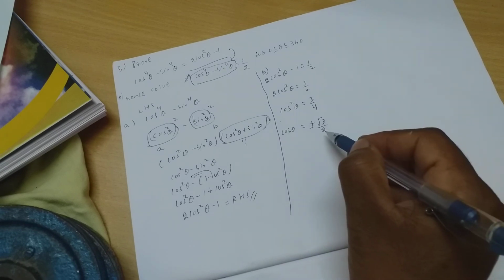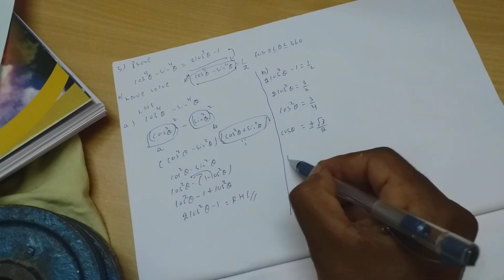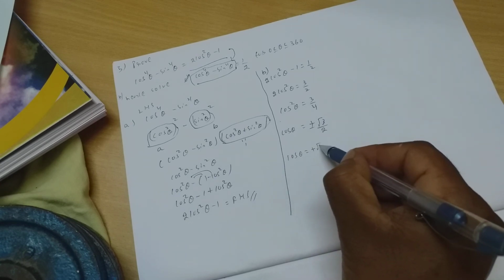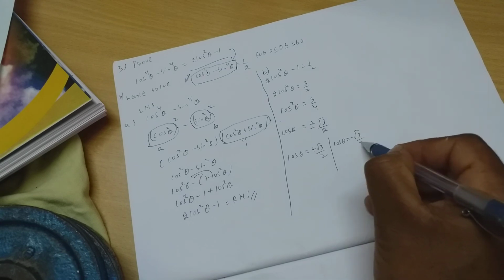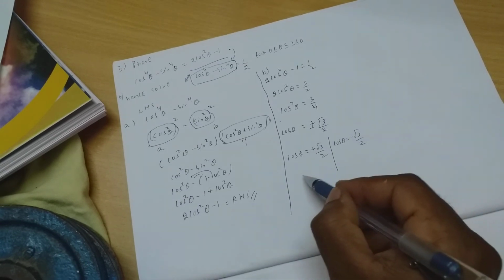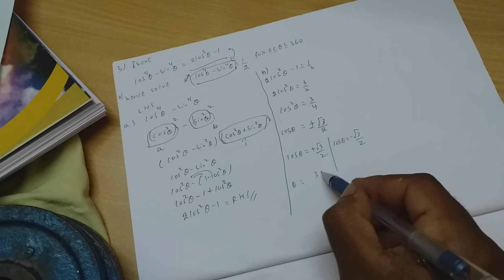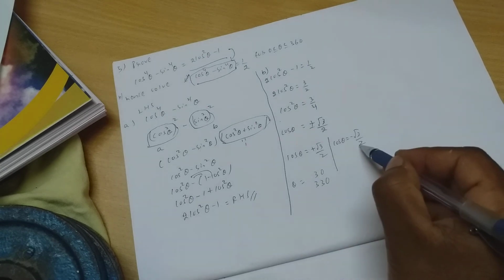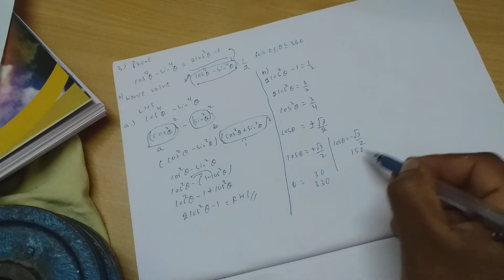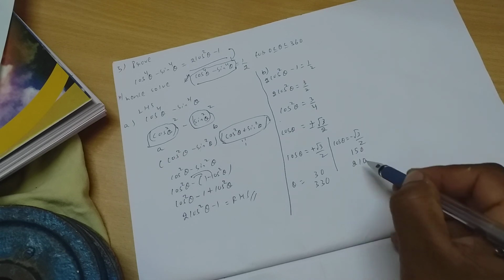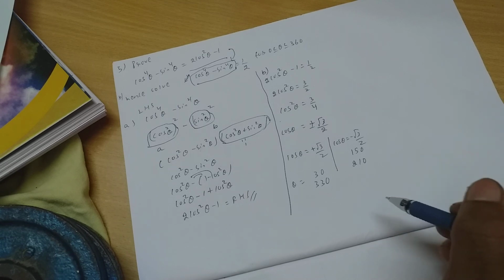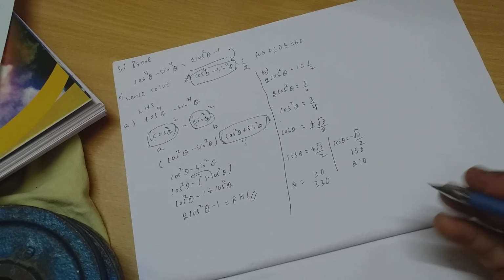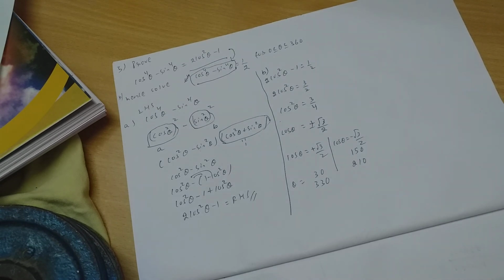You will lose a mark if you don't consider the negative sign as well. So now cos theta equal to plus root 3 by 2 or cos theta equal to minus root 3 by 2. Where all is it positive? First and fourth. So their angles are 30 and 330 and it's negative in second and third. 180 minus of this and 180 plus of this. So these are the four values of theta. Am I clear with this? Had you seen all trigonometry sums, you should be able to do all the AS level sums in trigonometry lesson.